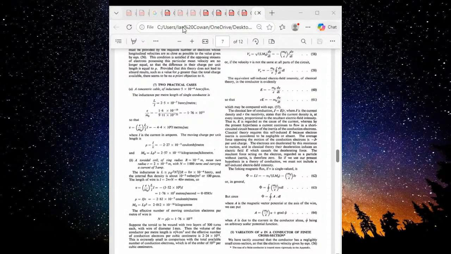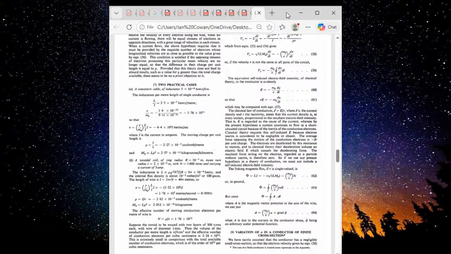The inductance L, he gives a formula for it. It looks like it depends on the resistance, R, capital R, but capital R here is actually the mean ring radius, excuse me. The little r is the mean turn radius. So L does not depend on the resistance. It looks like it does.